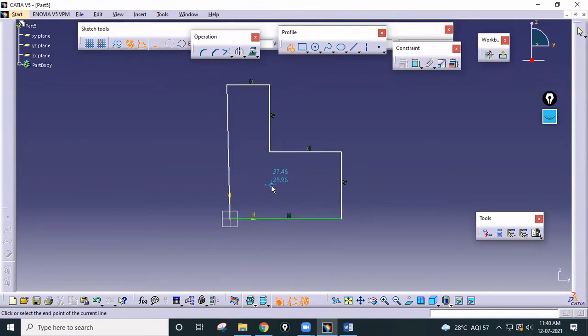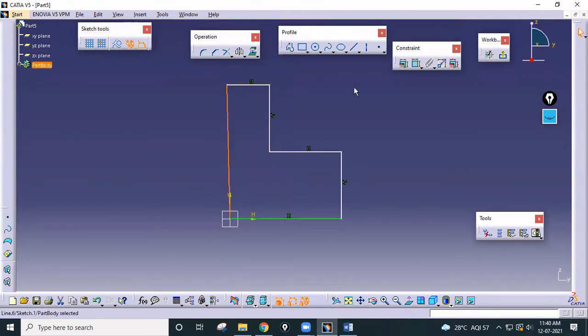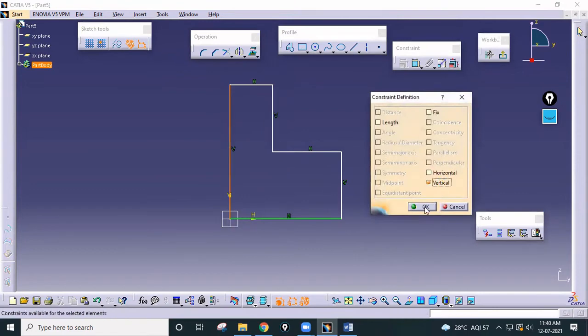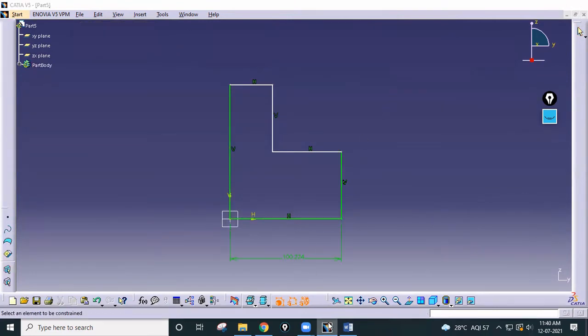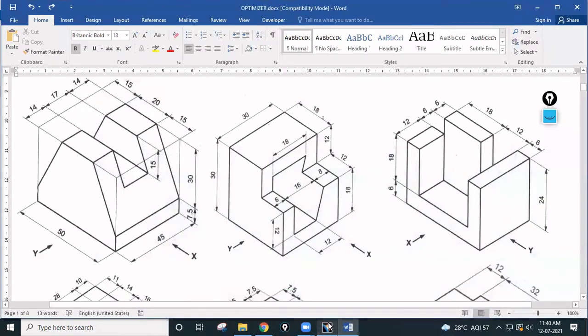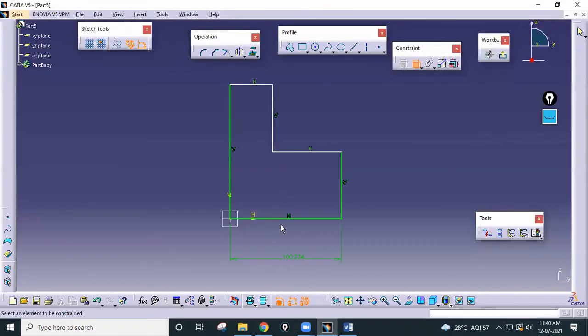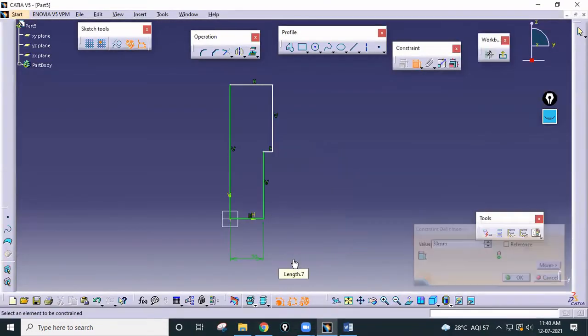Again, this should be a vertical line. Just go to sketch. So this total length is 18 plus 12, that is 30. Total height is again 30, and this one is 18. Okay, so this is 30.